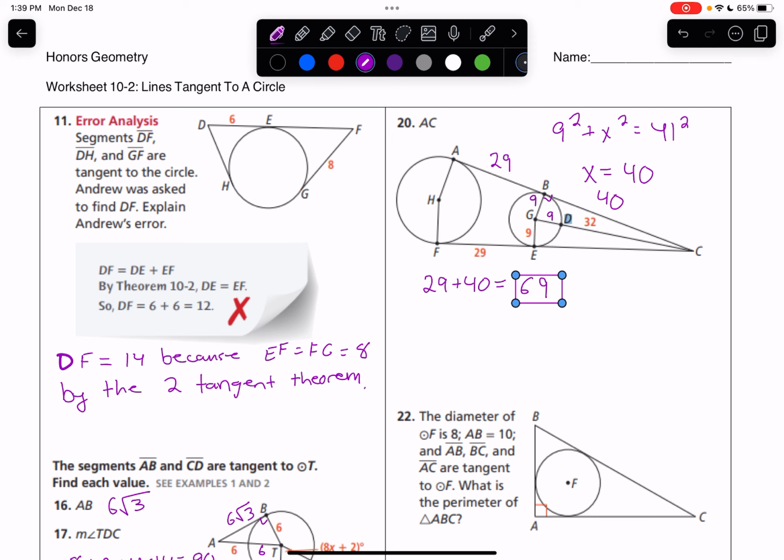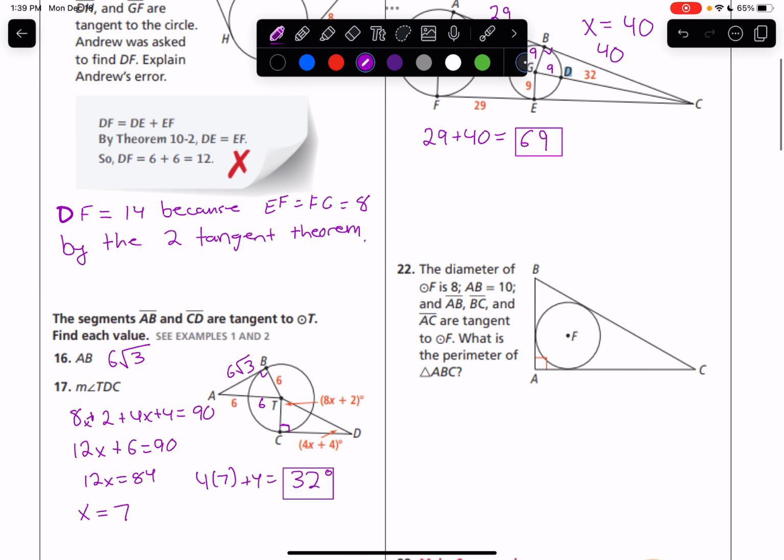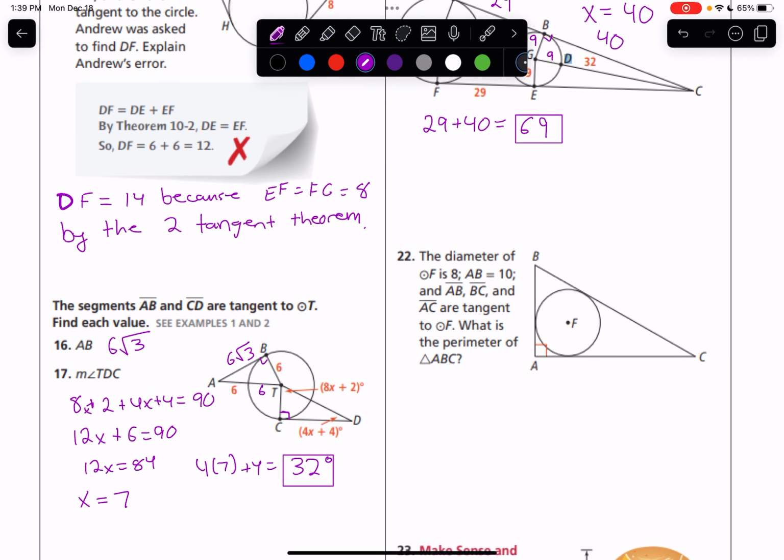All right. Next, 22. The diameter of circle F is 8. Immediately that rings bells and says, oh, that means the radius of circle F is 4. AB is 10. BC and AC are tangent to F. Let's see. So if this is 10, I know the radius of the circle is 4, which means if I